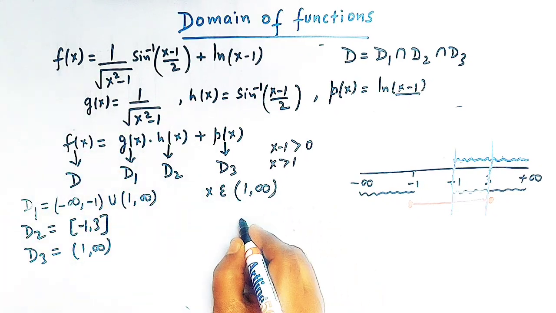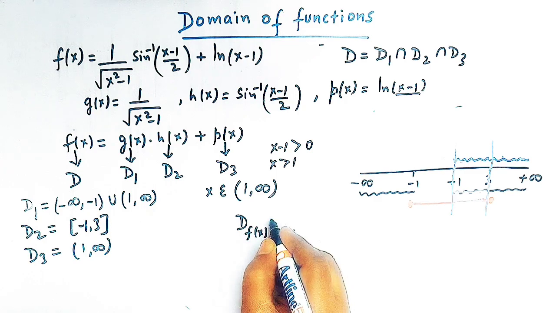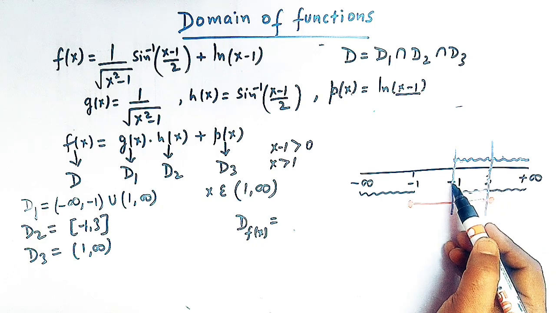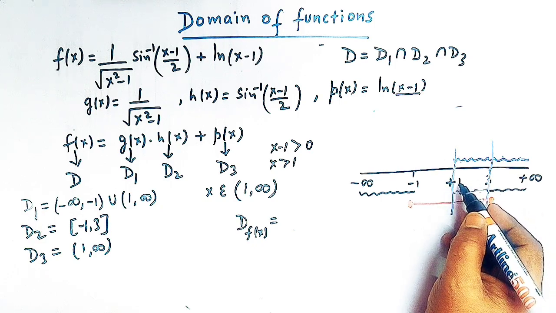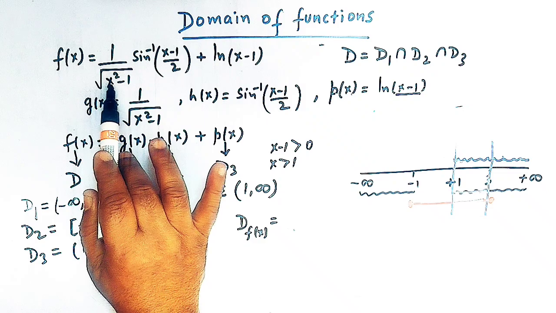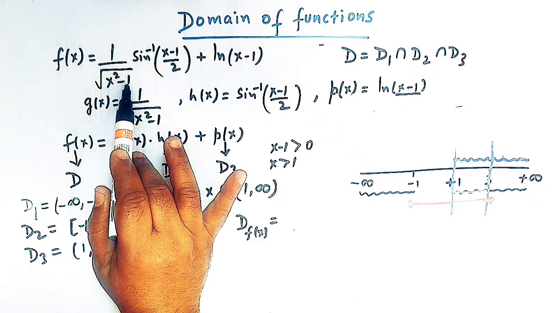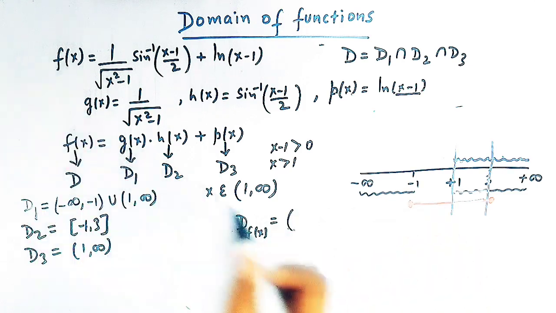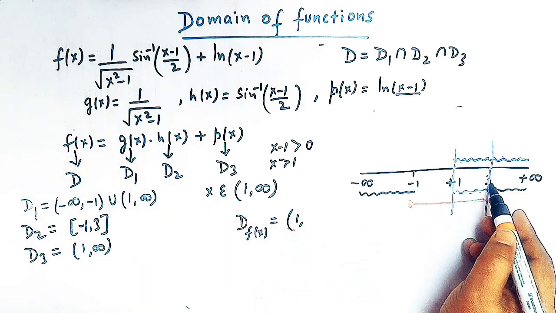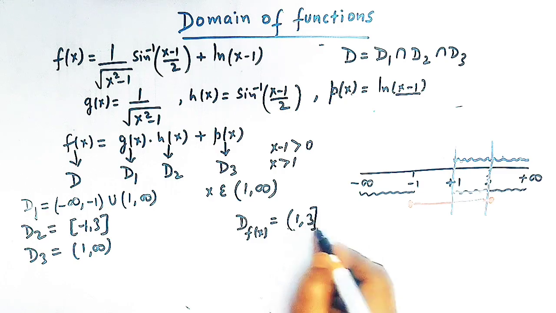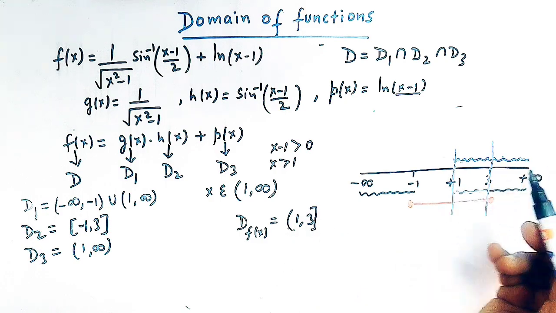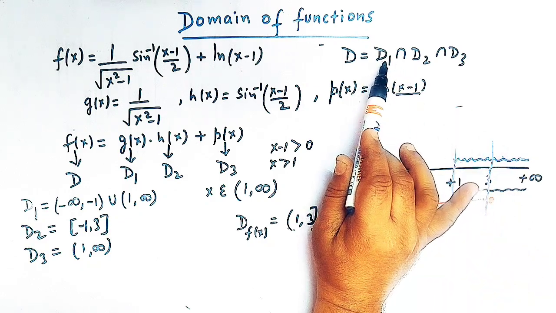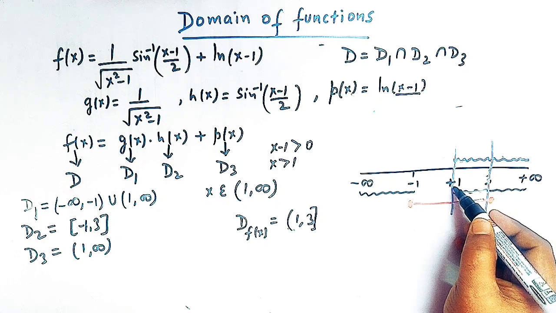Because this portion and this portion are common to all the three domains. So here the domain of the function f of x is given by plus 1 to 3, and remember here plus 1 cannot be taken, because plus 1 makes x square minus 1 equal to 0. So we can write the domain of this function f of x as 1 to 3, but here 3 is included, right? So the common region identified from the domains D1, D2, D3 is from 1